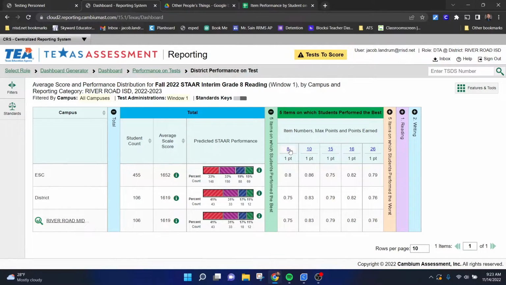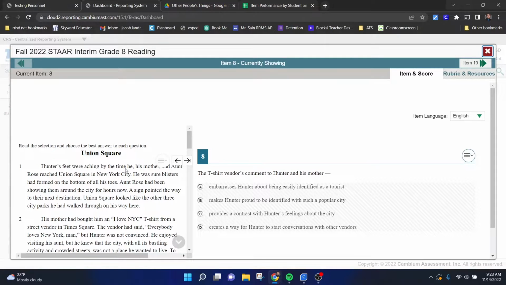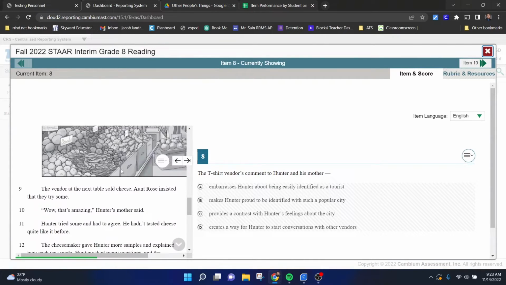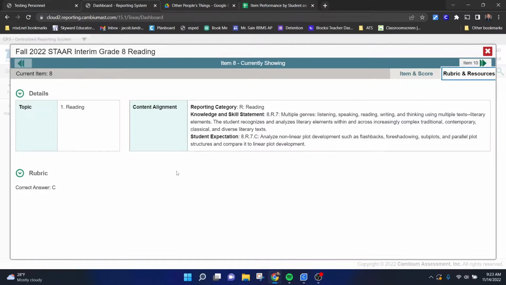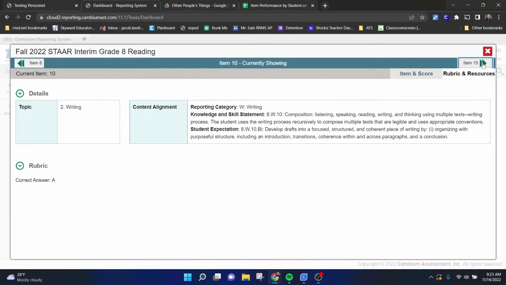So if I click on this 8, it will show me the stimulus over here, and then it will show me the question itself. If I click on rubric and resources, it will show me what the correct answer is, as well as the standards that it aligns to. And you can go through, this says item 10, that's the next question they got the most right on. Same thing,